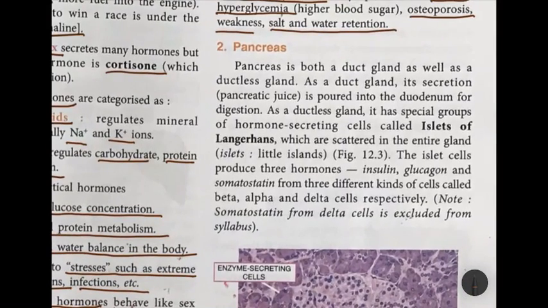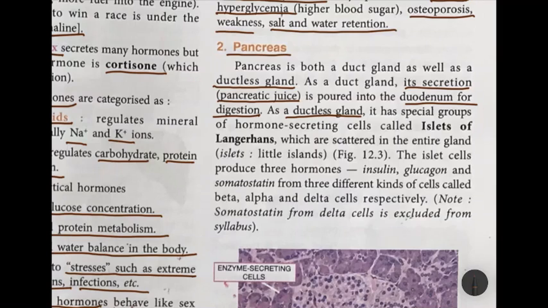Okay, now next, moving on to the pancreas. You know that pancreas is a duct gland as well as a ductless gland. When is it a duct gland? When its secretion, that is the pancreatic juice, is poured into the duodenum for digestion. So it carries the secretion, that is the pancreatic juice, through a duct and it pours it into the digestive system, into the intestines. And as a ductless gland, ductless means hormones are produced and poured